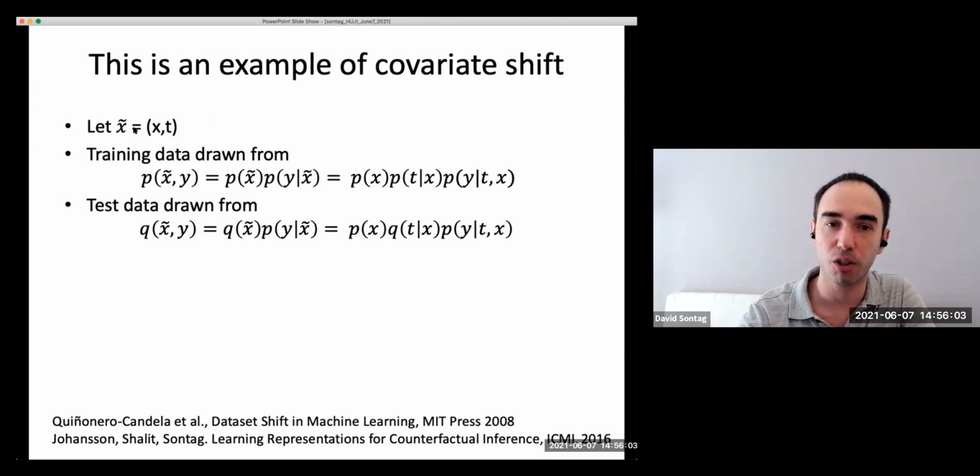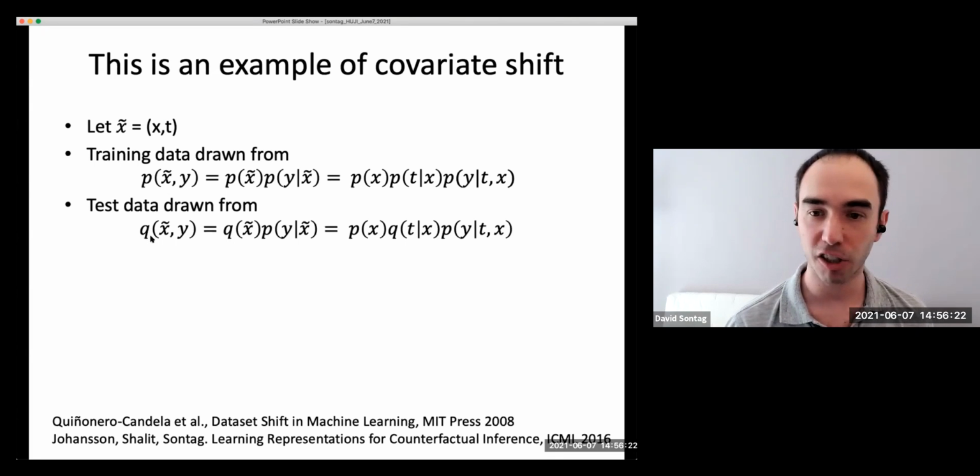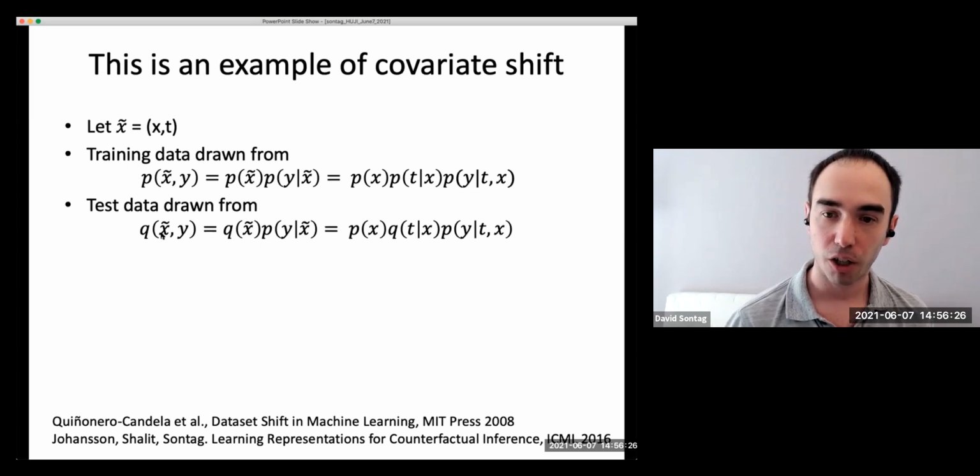So what we're going to do now, just to formalize this mathematically, is combine the patient features X and the treatment choice T. I'm going to call that X tilde. The training data is drawn from this distribution P of X tilde comma Y. And your desired test distribution, which I'm going to call Q, is drawn from a different distribution, Q of X tilde comma Y, where